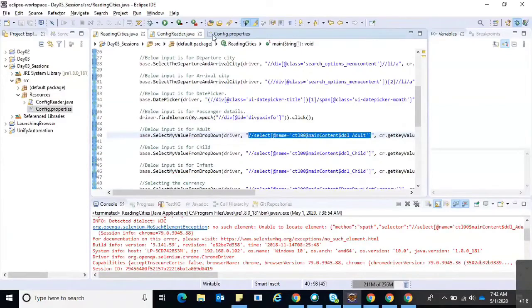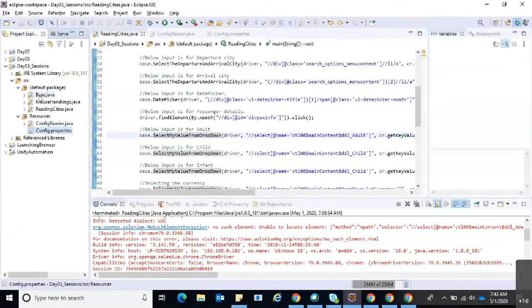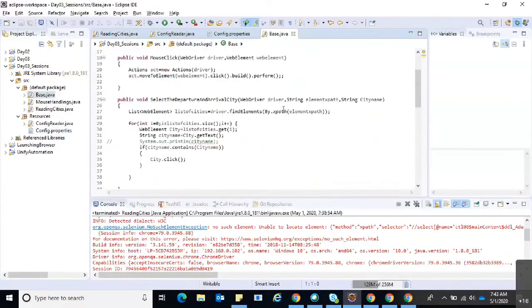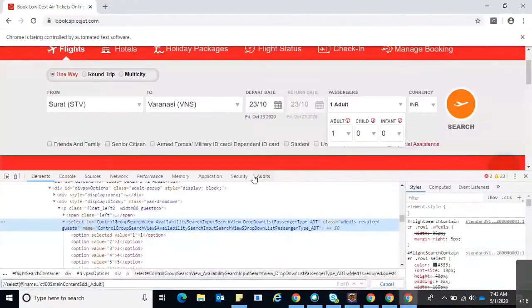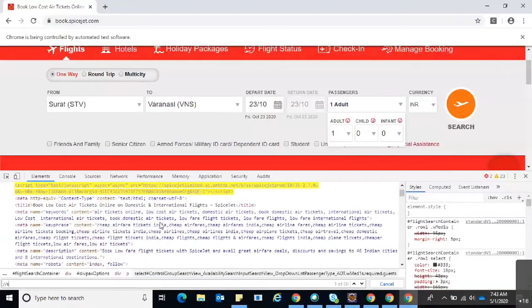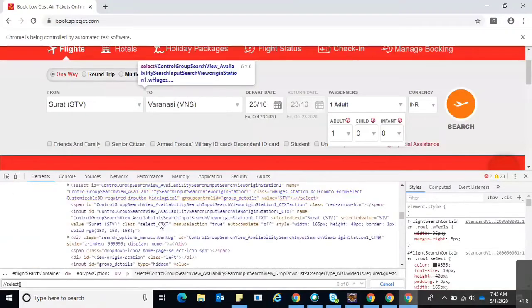I think we have figured out the XPath, right? As it is a method in the base class. Okay. I'm going to base class. So I'm going with the XPath here. So let's write the XPath itself. Okay. Because I don't want to change the method again. Okay, I'm taking the ID and that is select, which I am looking for the ID.